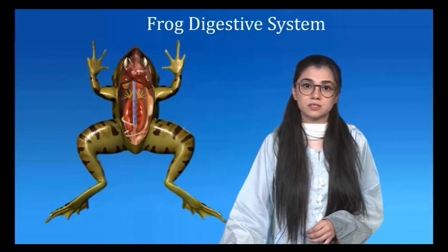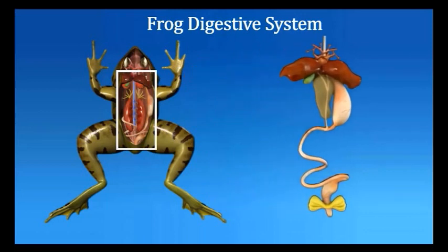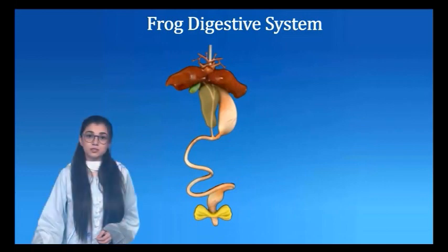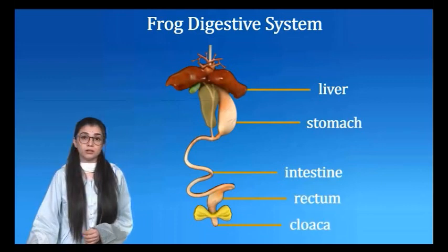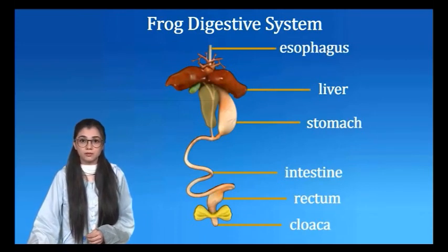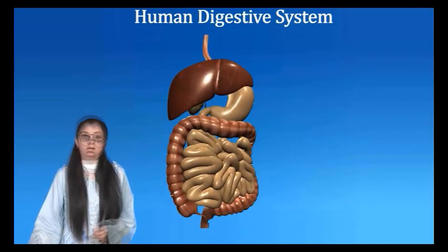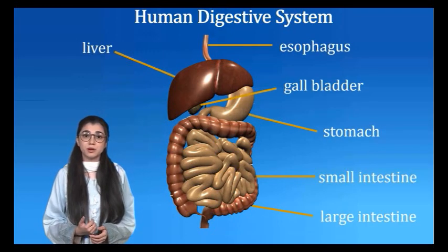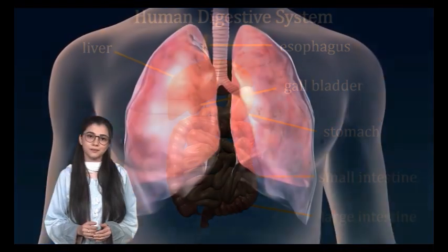The next system is the digestive system. Both frog and human have a similar digestive system. They have a similar stomach working for the processing of food. The liver produces a substance that helps break things down. Furthermore, the gallbladder holds bile from the liver, and both contain small and large intestines. The small intestine works to absorb all the nutrients into the bloodstream. The large intestine is the waste collector of the body, where waste settles into feces.